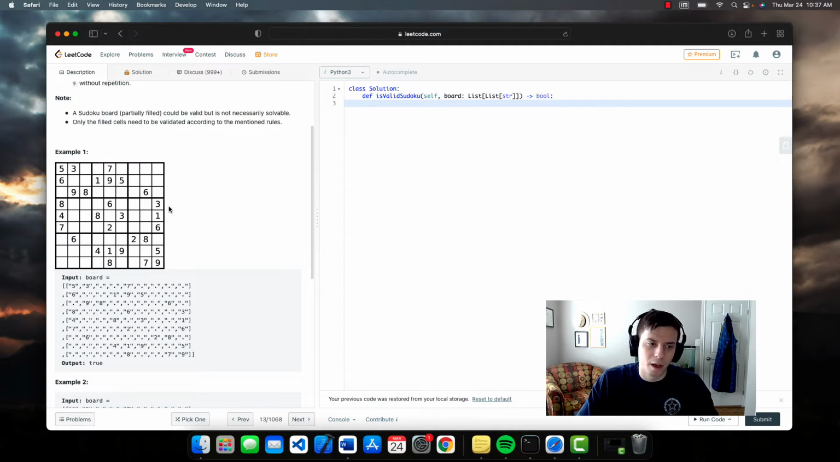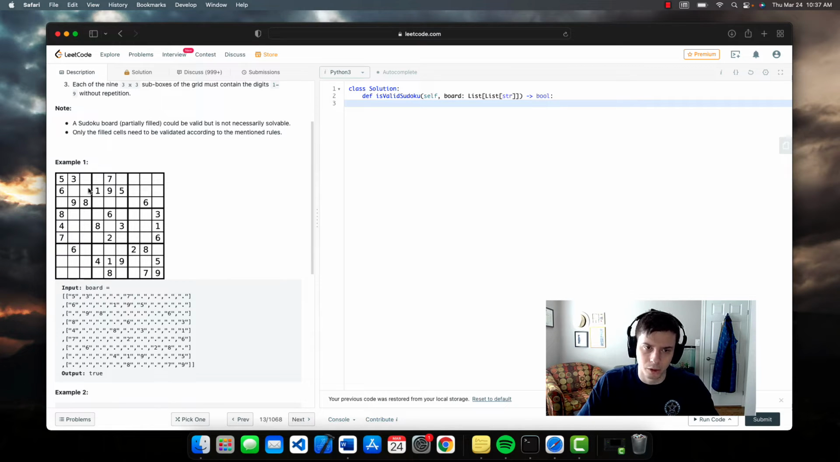Now, for a board to be solvable and valid, you need to have 1 through 9 in each of the long columns, 1 through 9 in each of the long rows, and then 1 through 9 in each of these little subsquares. And no number can be used twice in any of those 3 divisions. So you can't have, say, 5 twice in any of the columns, any of the rows, or any of the